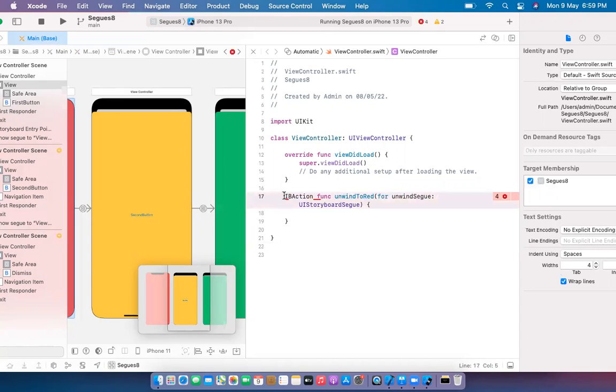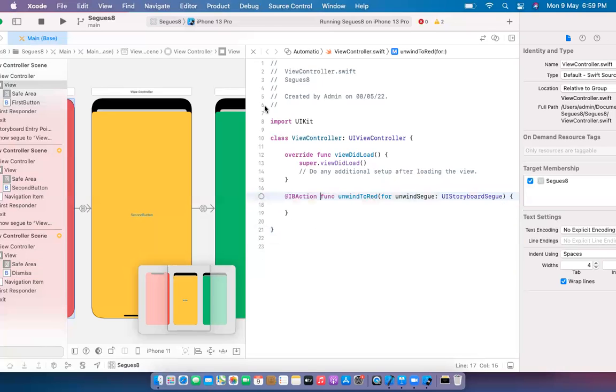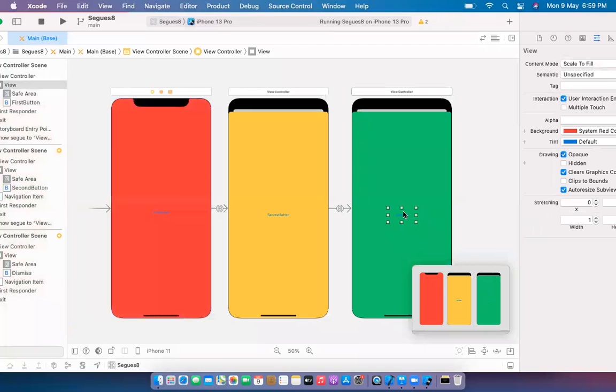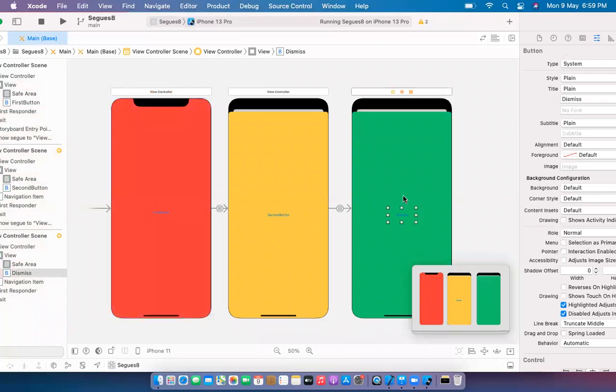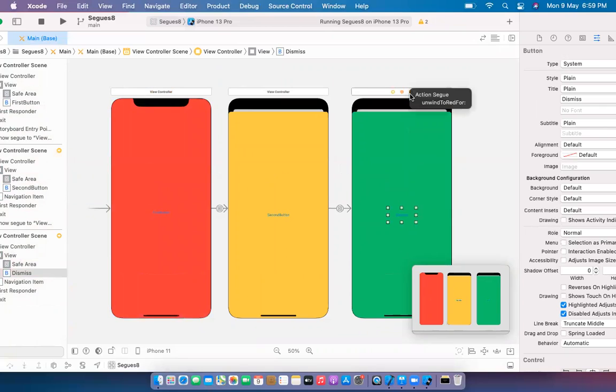Then when you press the control button and drag this dismiss button to the exit, you will see this IB action, that is unwind to red. You have to select this unwind to red, and then